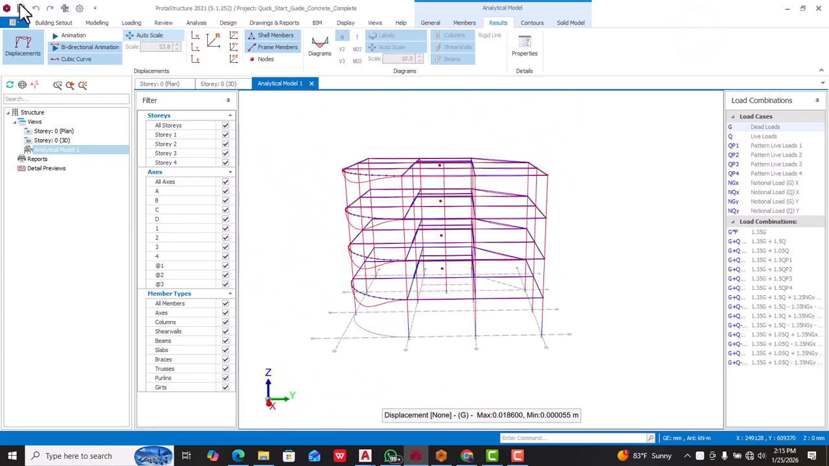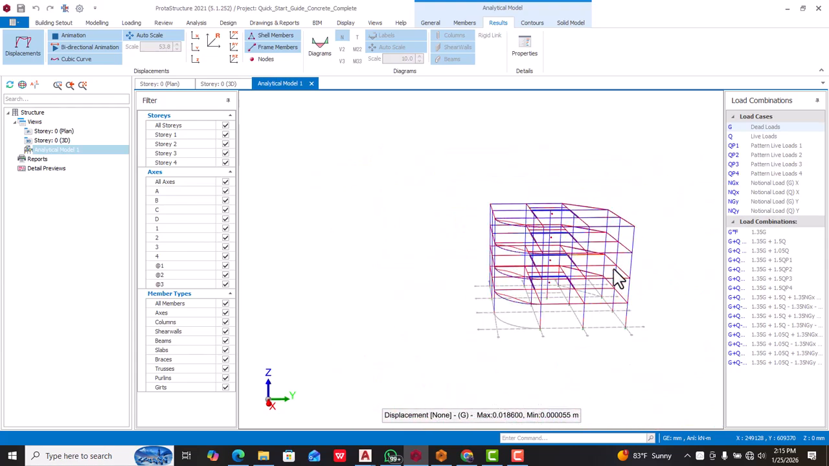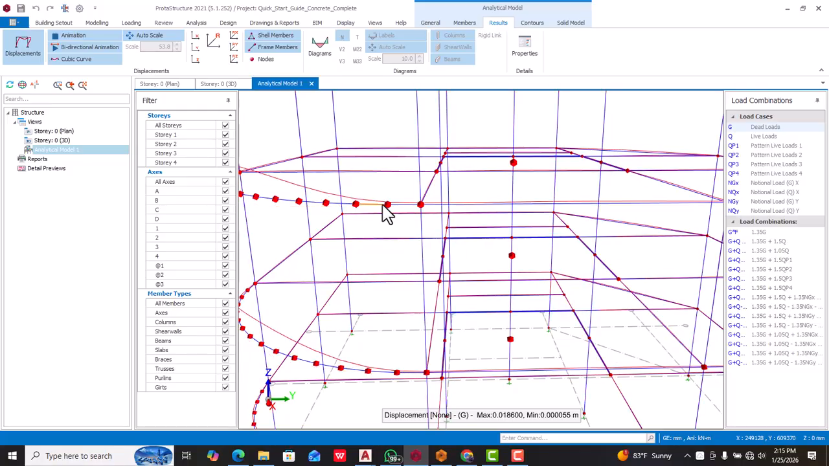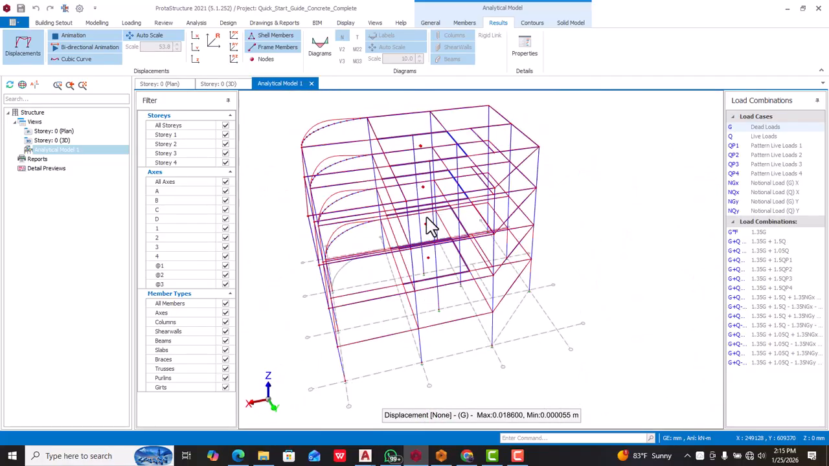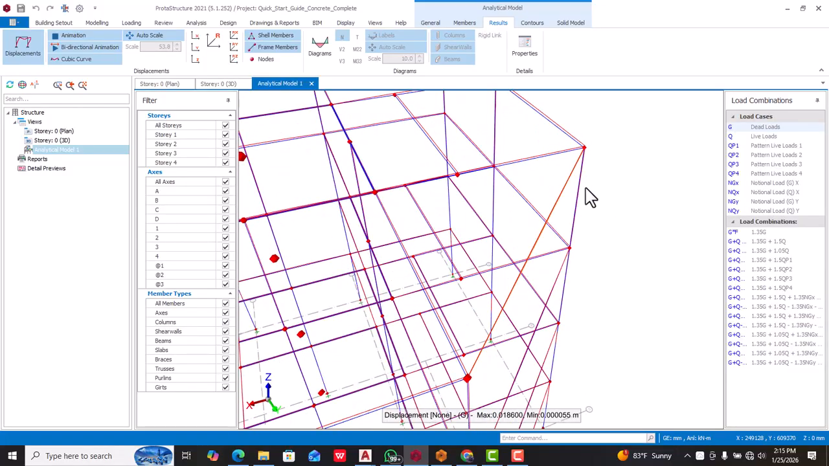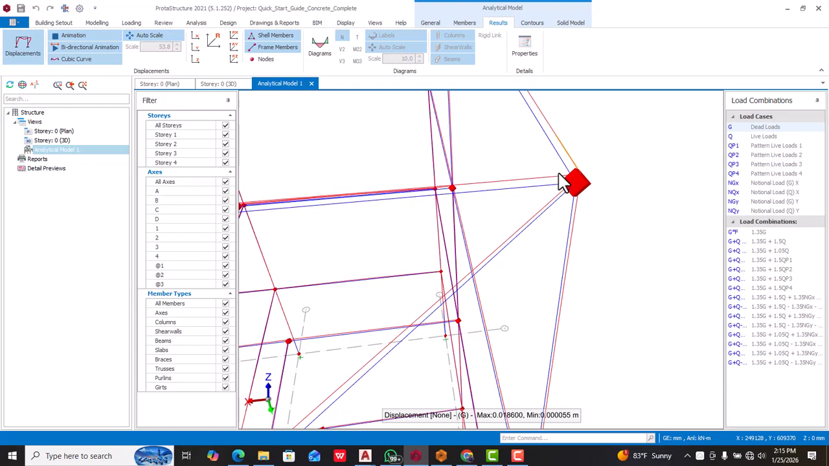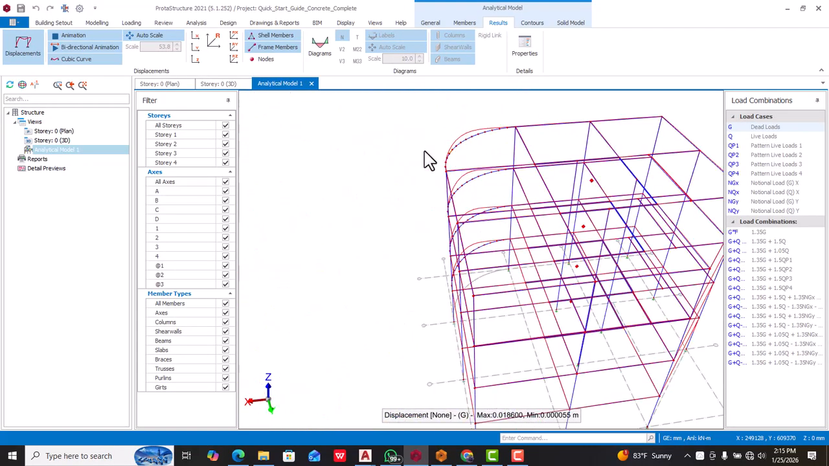So let us check the displacement. Let me animate the building. You can see how the displacements will occur on this structure. Look at the displacement. This is how the displacement will occur. Looking at this one, there will be smaller deflections compared to